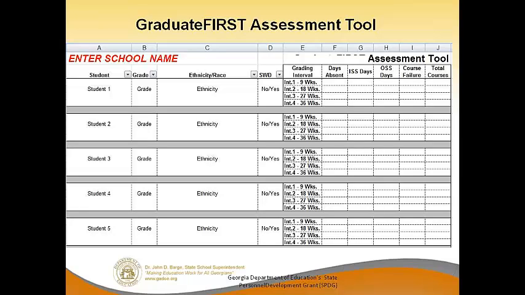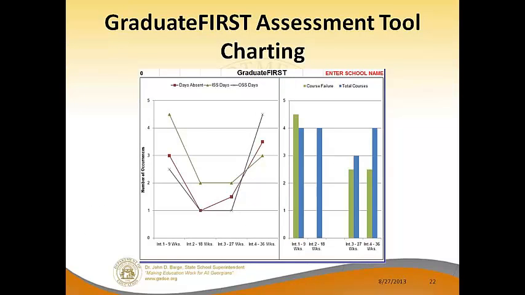For the second 9 weeks we start over. We don't accumulate days absence down this column here. We start over with days absences in the second 9 weeks and so on. So every 9 weeks is a new interval. Something else that this tool will do is to chart either by the entire student list target